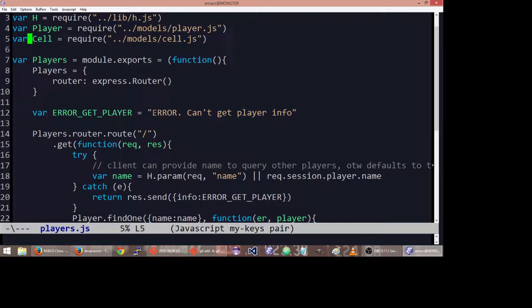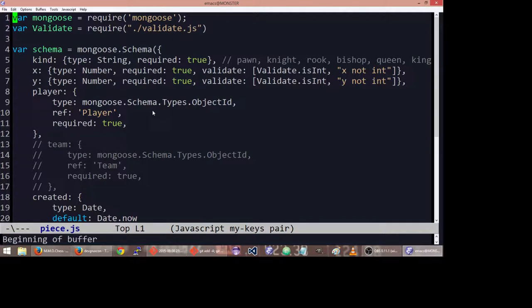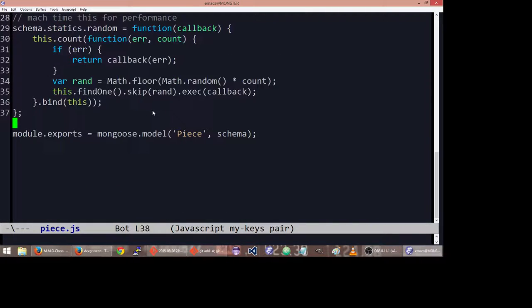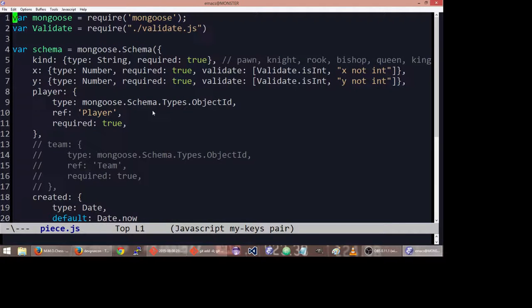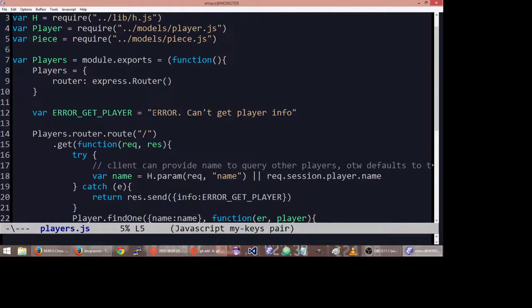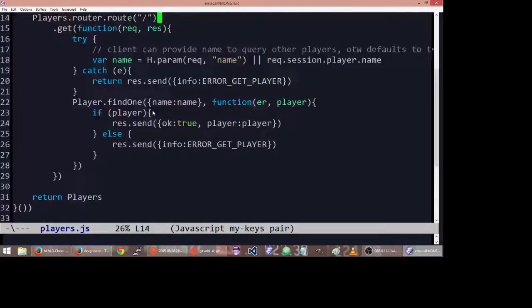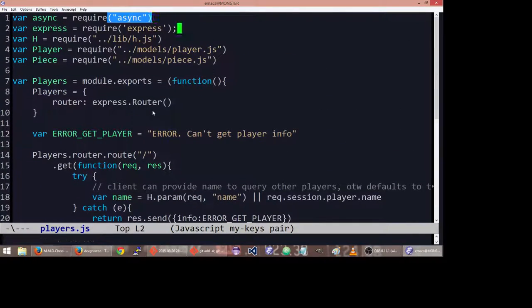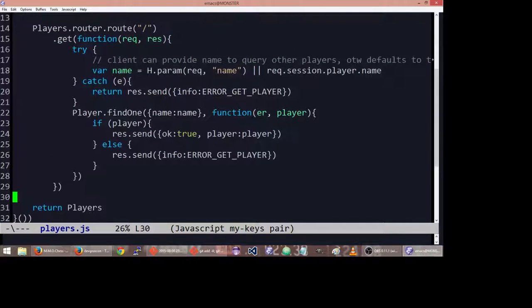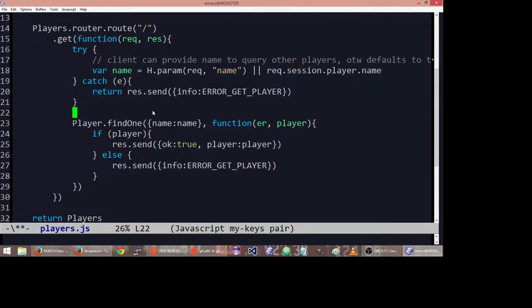Oh, oops, sorry, not cell, piece. So this model doesn't have a lot of dependencies, so it's like at the bottom of the thing. So we can include that. Okay, so players, and then when we get a player, let's also find the position for the